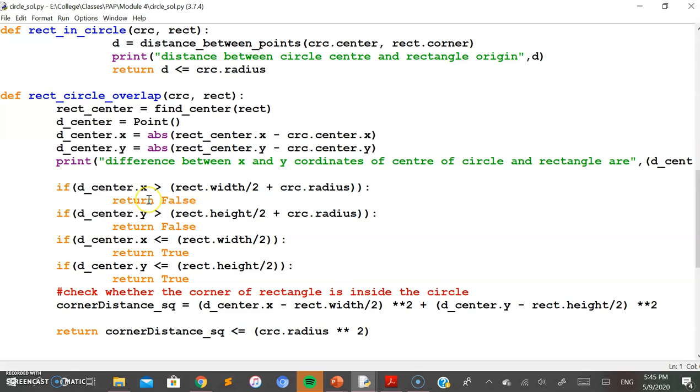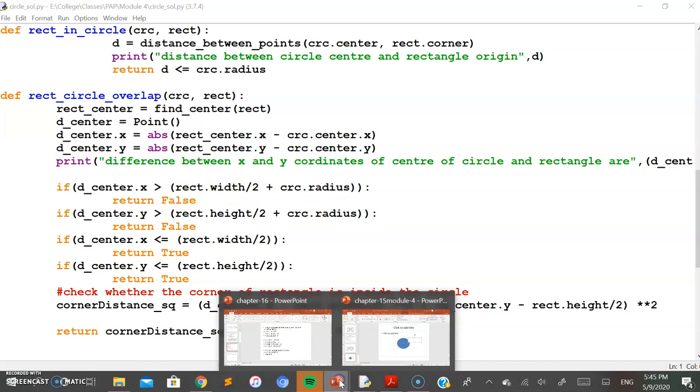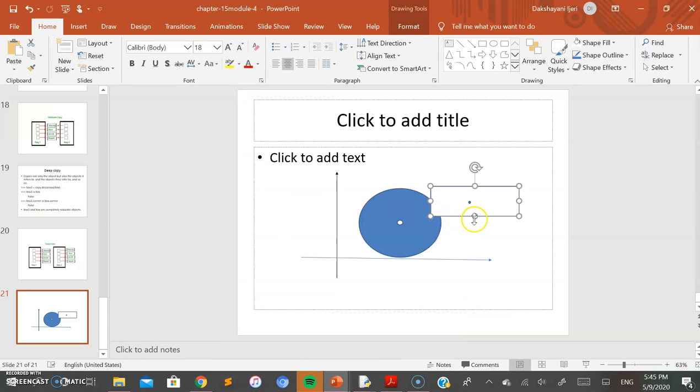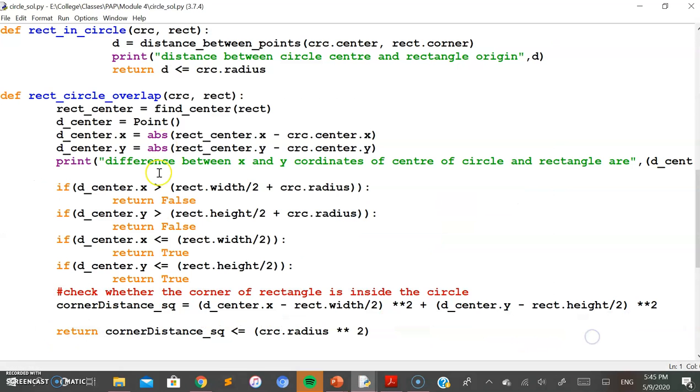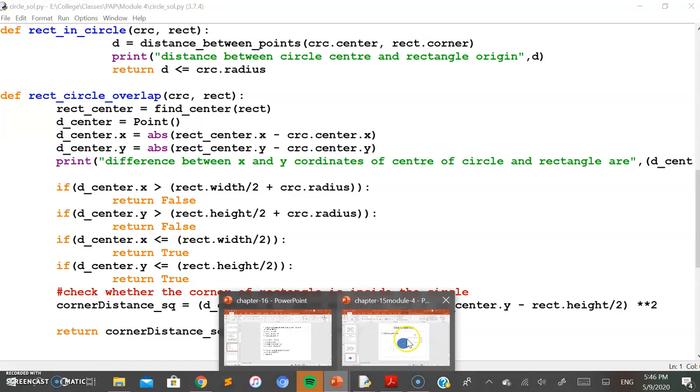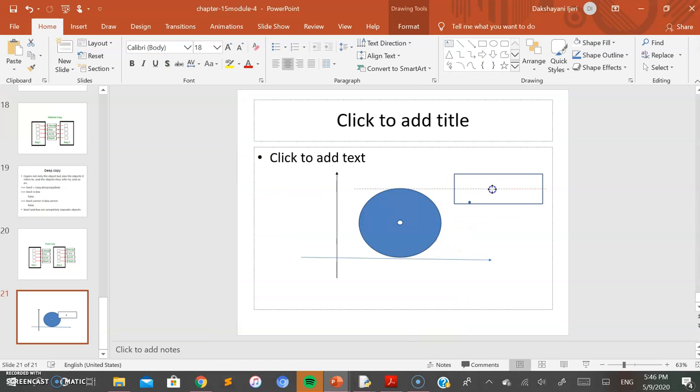With this center x value, if the x is greater than half of the rectangle width plus the radius of the circle, then the result needs to be false, telling that the rectangle doesn't overlap. In this case, with the figure, you can tell that the rectangle completely lies outside the circle.